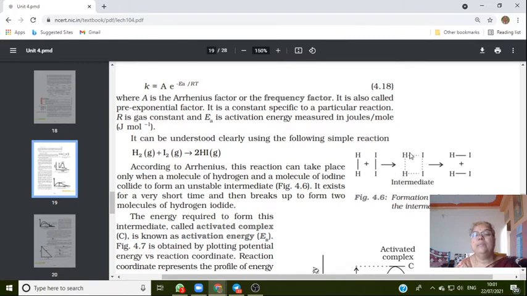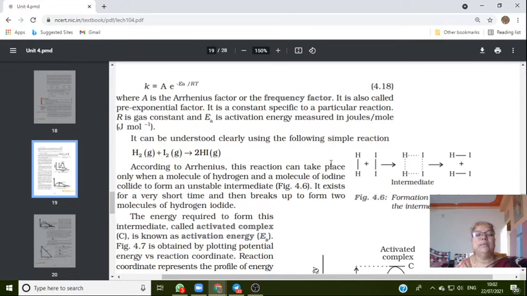Then there is a formation of an intermediate compound. It is shown like this. Here H gets combined with an iodine molecule, and this second H gets combined with the next iodine molecule, that is, the intermediate or activated complex is formed,